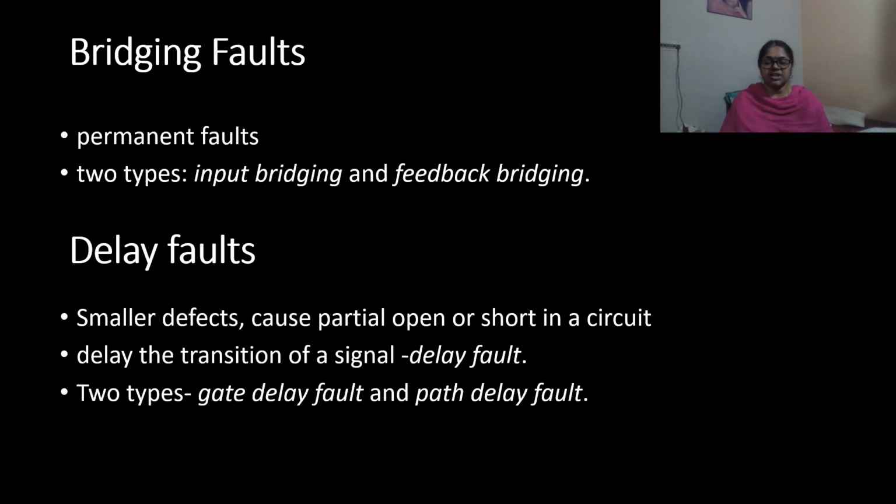The main deficiency of the gate delay fault model is that it can only be used to model isolated defects, not distributed defects, for example, several small delay defects. The path delay fault model can be used to model isolated as well as distributed defects. In this model, a fault is assumed to have occurred if the propagation delay along a path in the circuit under test exceeds the specified limit.